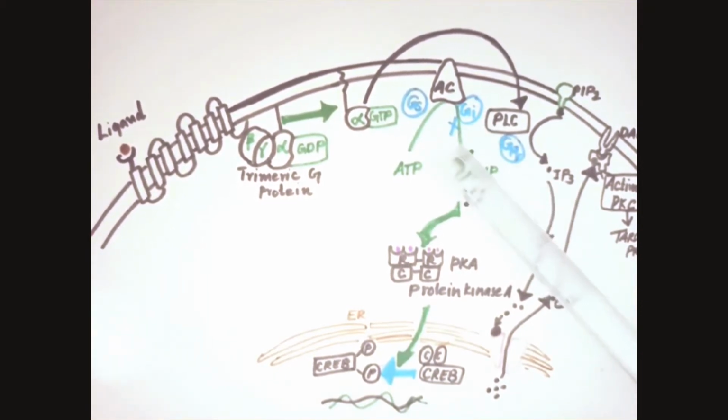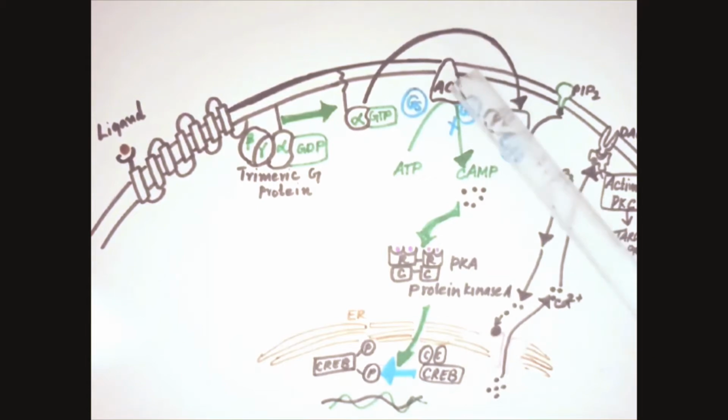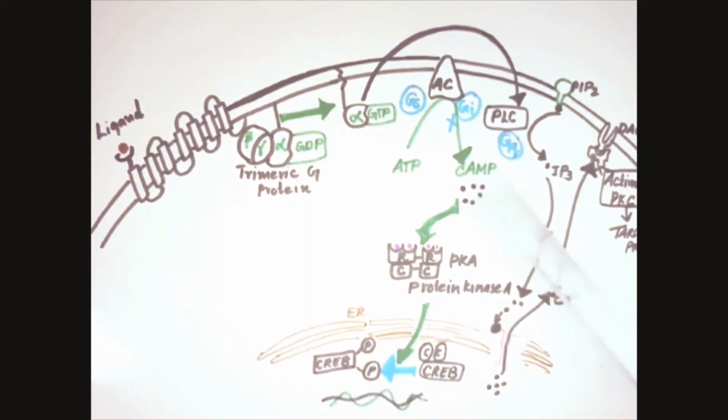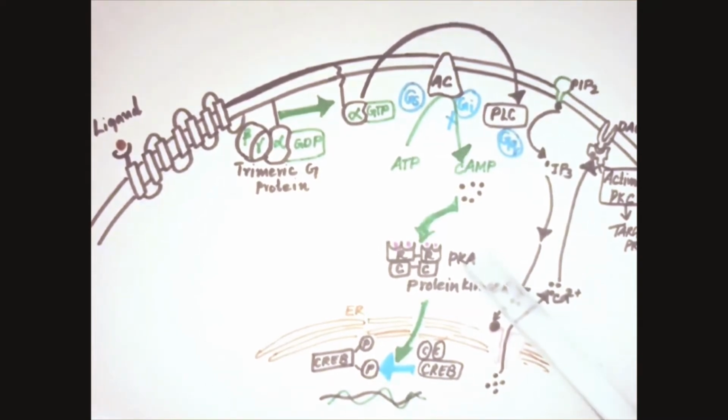Now, there are four main classes of G proteins to produce distinct patterns of cellular responses, and they include Gs, Gi, Gq and even G0. In the Gs signaling pathway, cyclic AMP is formed from ATP by the action of the membrane-bound enzyme adenyl cyclase. This cyclic AMP is needed for various cellular functions like metabolism, cell division and cell differentiation, and these effects are brought about by the activation of protein kinase by cyclic AMP.